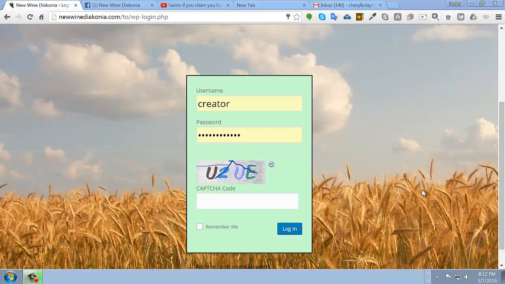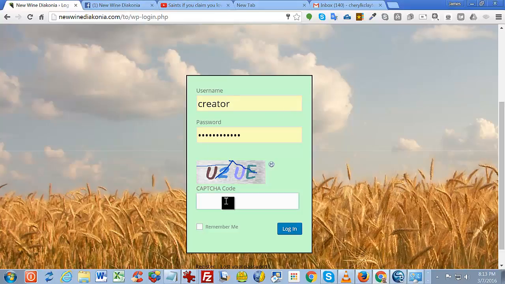This video recording is exactly how to do a post using a video. And the example is one that's already been uploaded to YouTube. So the first thing I'm going to do is log in to my administrator account by putting in the CAPTCHA code